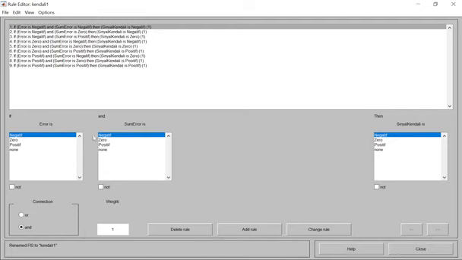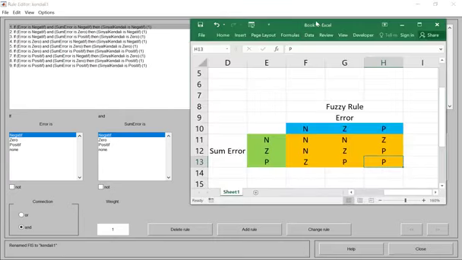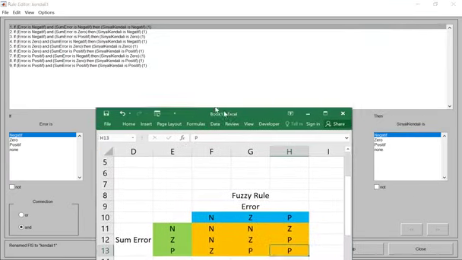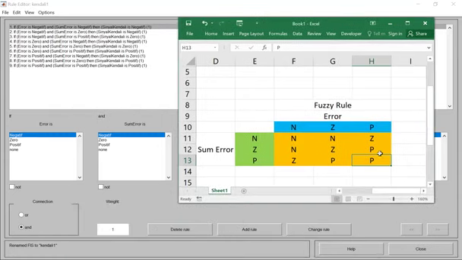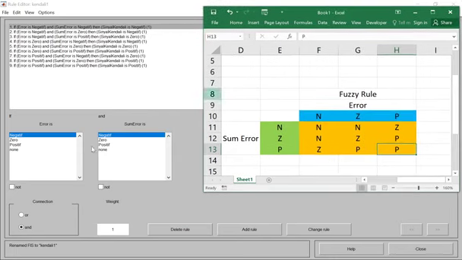So choose negative and then negative, and from this Excel we need to add the output, which is negative. We need nine rules here for the fuzzy logic controller. Please add them one by one until all of the rules are input in the rule editor.